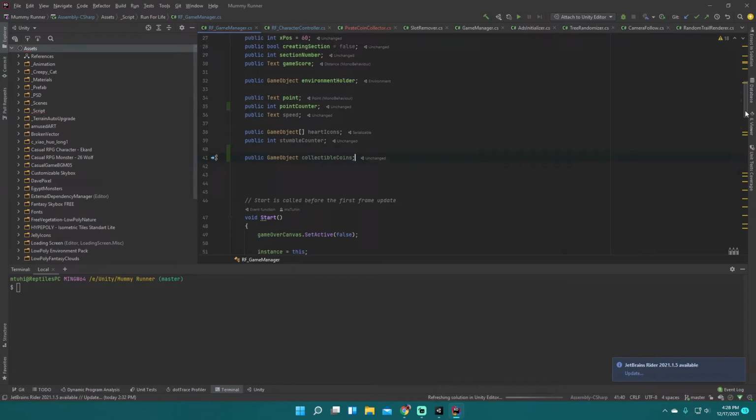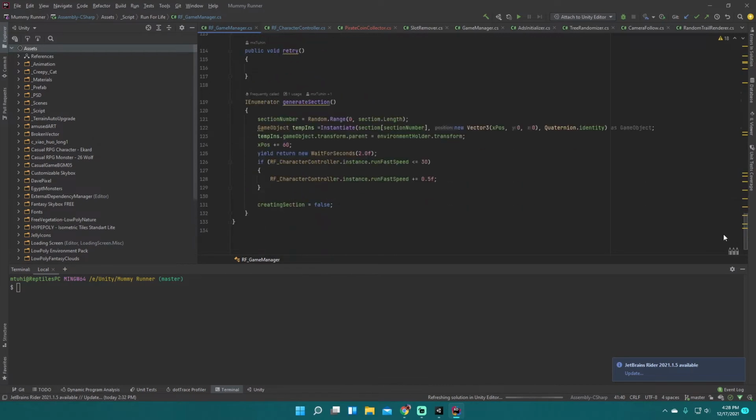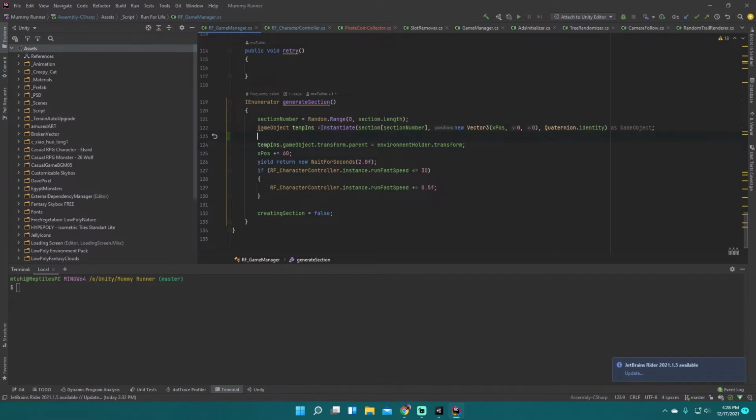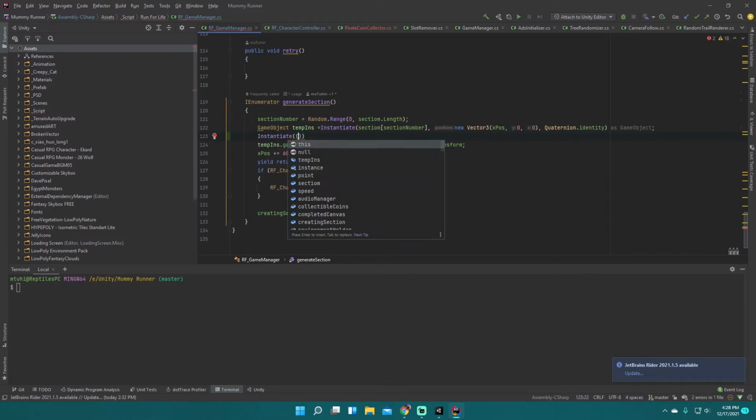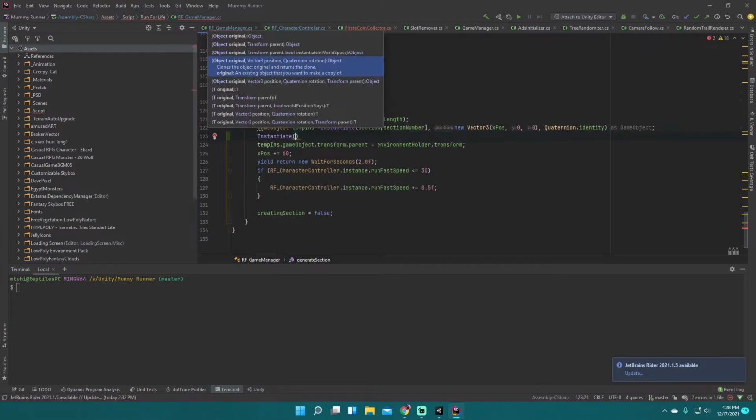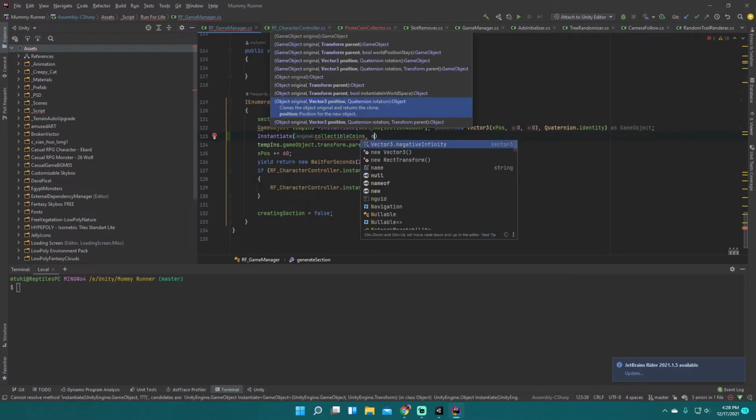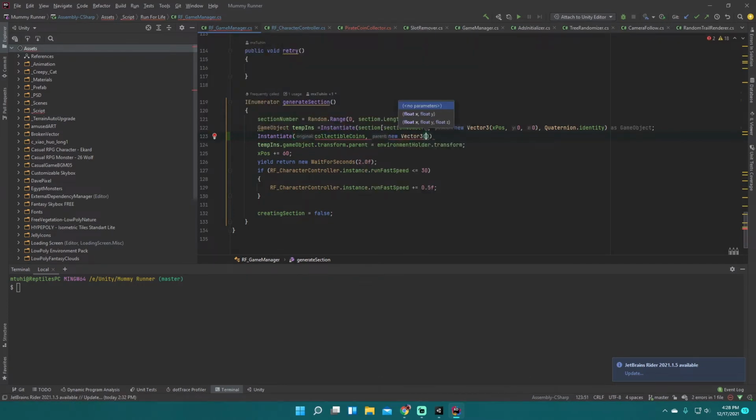coins, and here what we are doing is we are generating some sections. So why not generate the coins here also? So what we need to do is instantiate. We have a game object named collectible coins. So we want to generate this game object at new vector x